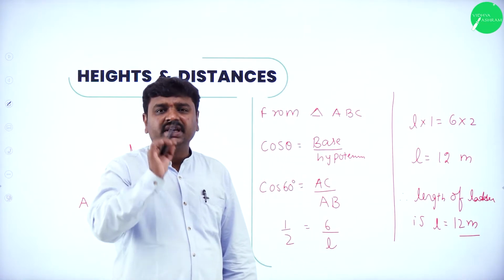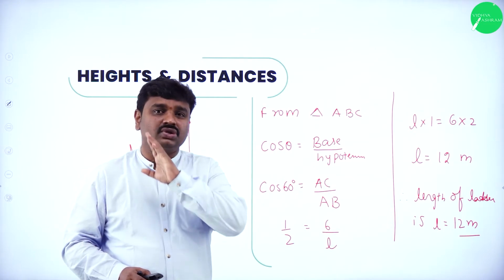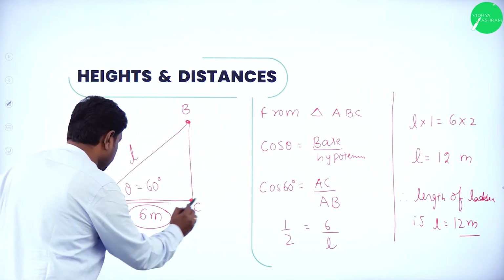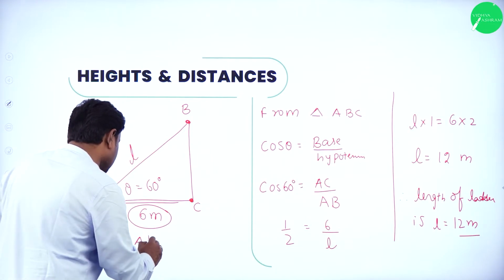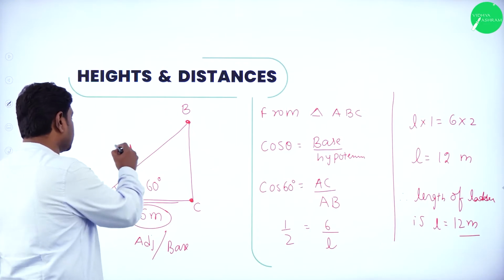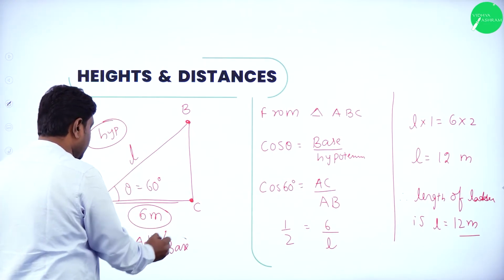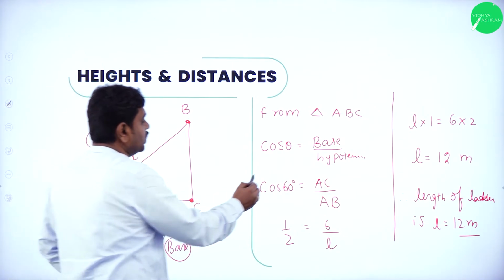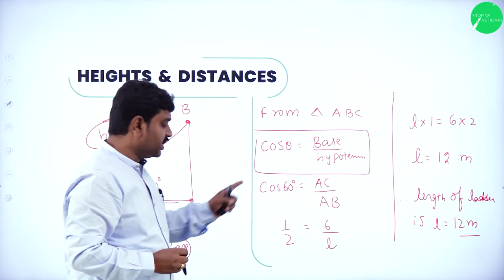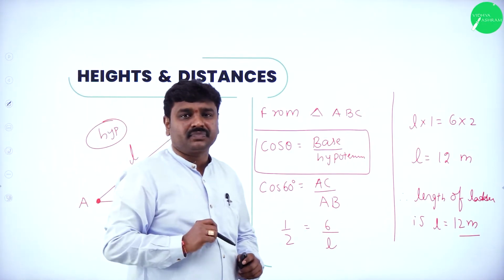See here, deciding which trigonometric function depends on the diagram and what is required, what is known. See here we know this. This side is called what? Adjacent side, or we can also call it base. And we want hypotenuse. So that's why, adjacent and hypotenuse, or base and hypotenuse, we have to define what? Cos theta. So I'll take cos theta depending on what is given and what is required. That's it. From that we conclude.